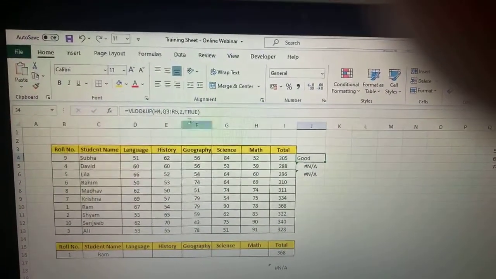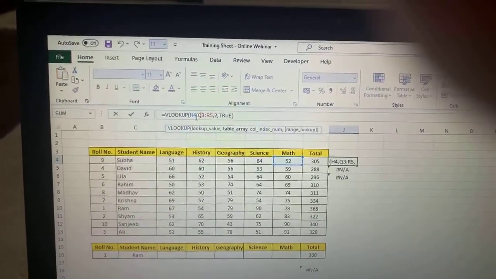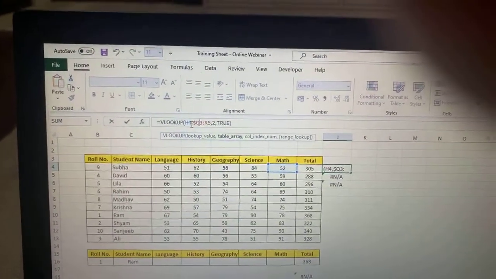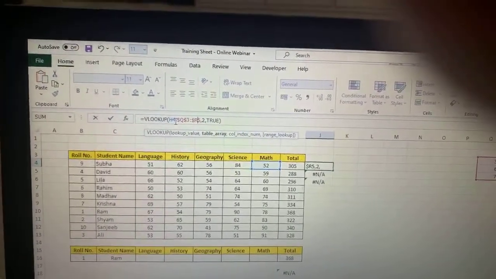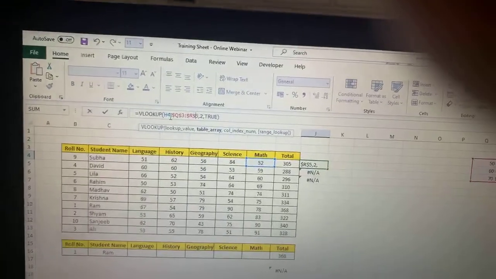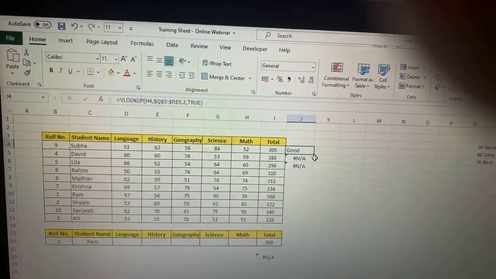So going back to this formula, I'll put the dollar here because this is the actual cell reference that I am interested in. Now I'm going to drag the formula across.